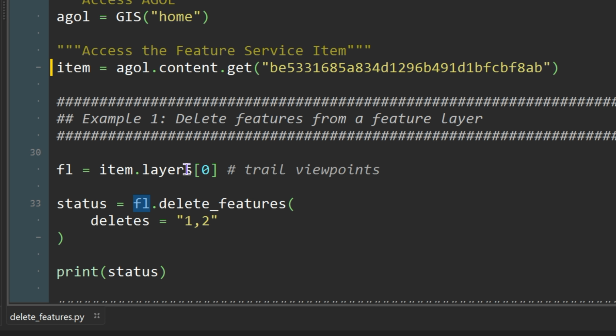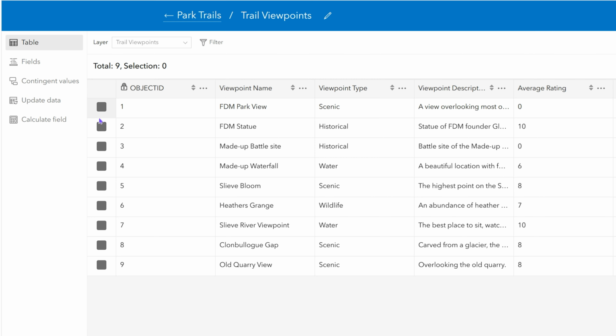We'll assign that feature layer object to a variable called FL. We use our feature layer object and call the delete features method. We use the deletes parameter and we set a string of comma separated OIDs. So we're going to delete out the features that have an OID of 1 and 2. Now if I head over to ArcGIS Online, we will see that the first two features here will be deleted, FDM Park View and FDM Statue. We'll go back to our Python script